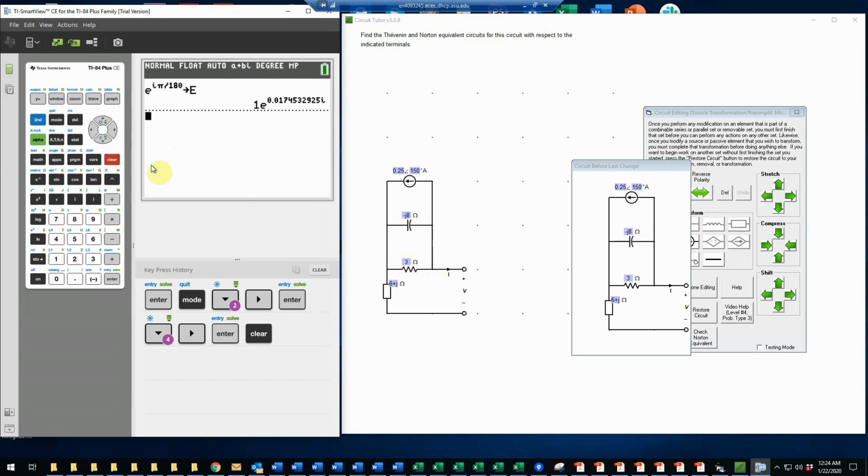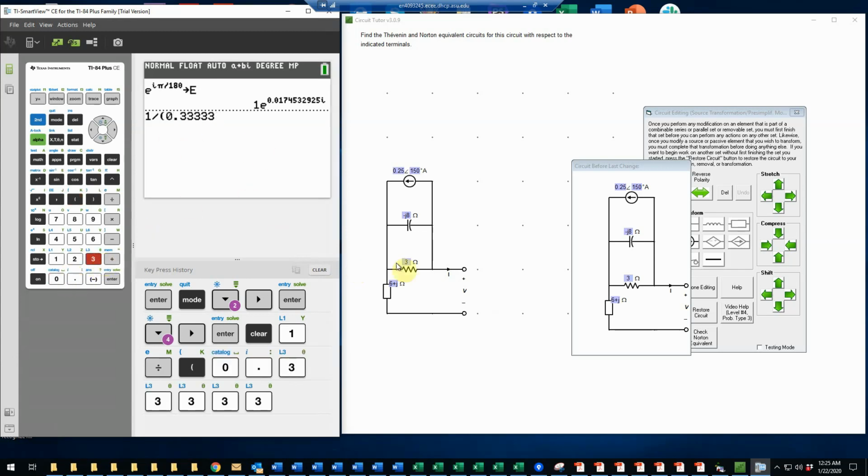So remember, in parallel, I have to take the reciprocal. So I'm going to take 1 divided by the parentheses of the denominator. Now, you could try to use the n/d templates that this calculator does, but those don't always work for complex numbers depending on which model exactly you have. So I would recommend just doing it this way using the division key. It's probably easier. So now I need to have the reciprocal of 3. So I could write 1/3, or I can just go 0.3333 for some accuracy. And then add to that